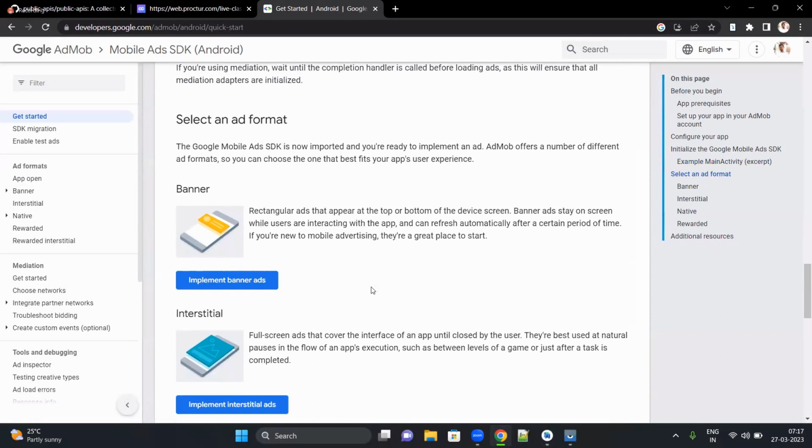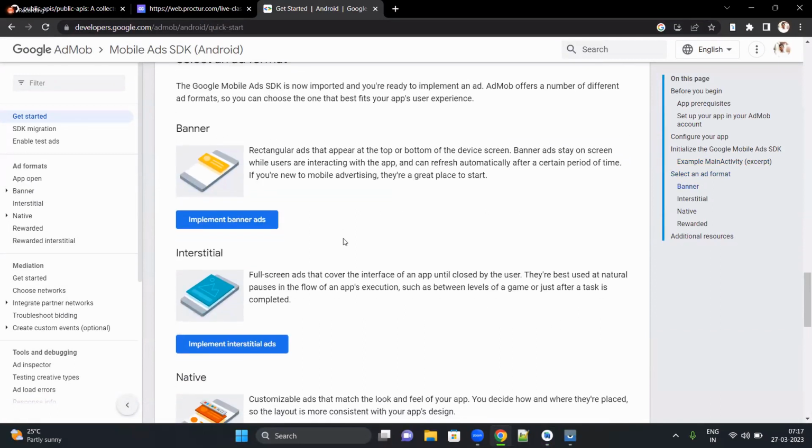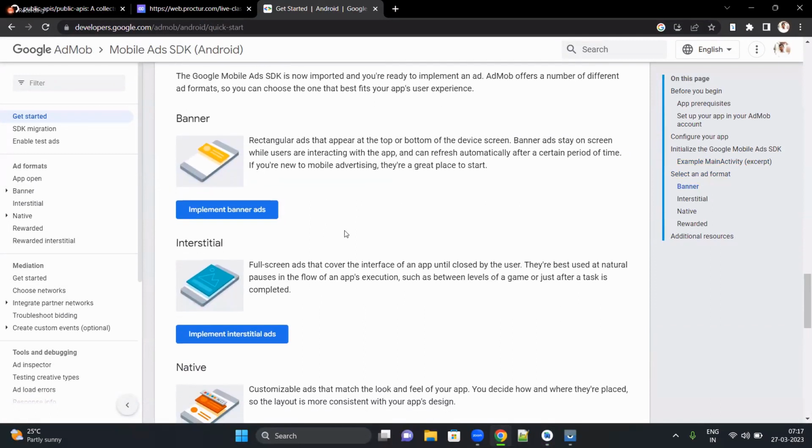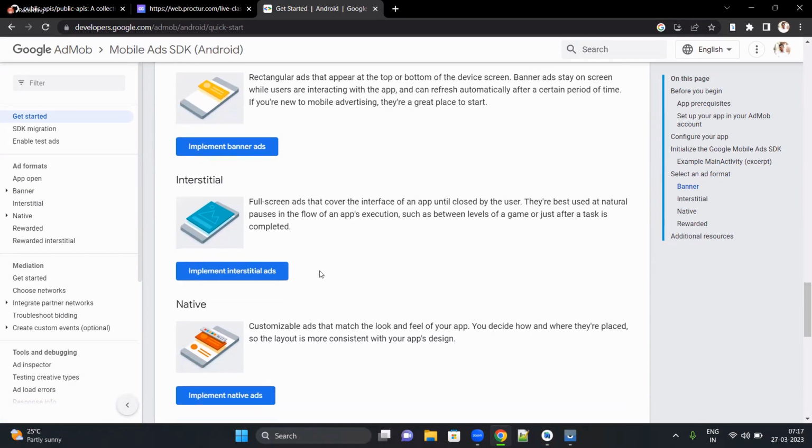Next, you can select any of the ad formats. So banner ads typically occupy some amount of space at the bottom end of the screen. Sometimes they can also occupy the top end of the screen. It is a rectangular ad. Right. Interstitial ads are ads that cover the